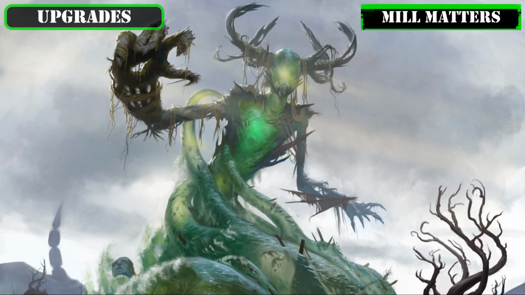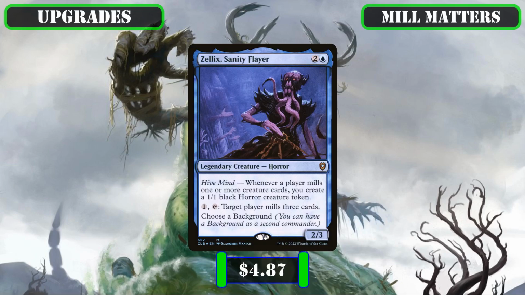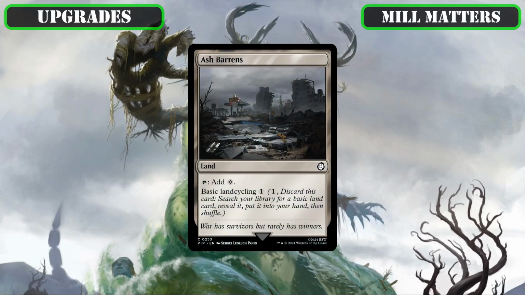And speaking of mill payoffs, we'll also be slotting in a few of those into the build in order to provide us with some additional value alongside our commander, in which we'll be raising the bad land Temple of the False God in order to slot in Zellic Sanity Flare, who can also provide repeatable mill himself if we have the mana to spare, but we're primarily running as a way for us to turn any creatures our opponents mill into creature tokens for ourselves to grow our board with, replacing the land cycling Land Ash Barrens with the quest